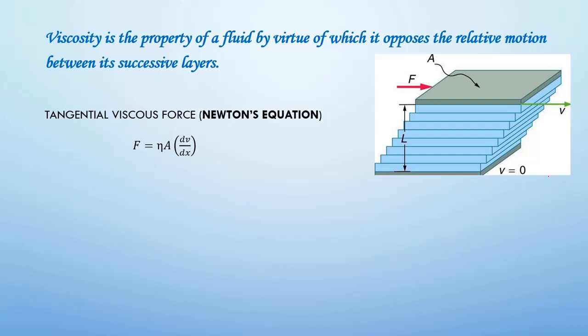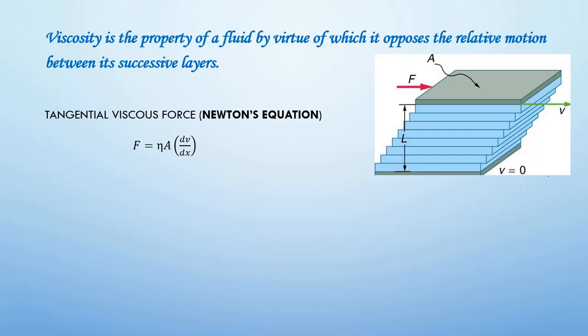We have seen an equation for tangential viscous force acting on a liquid which is flowing through an area A with a velocity gradient dV by dx, and it is given by F is equal to eta A into dV by dx, where eta is the coefficient of viscosity, A is the area of the flow of the water, and dV by dx is the velocity gradient. The velocity gradient can also be negative if the velocity decreases with increase in length, such as in the case